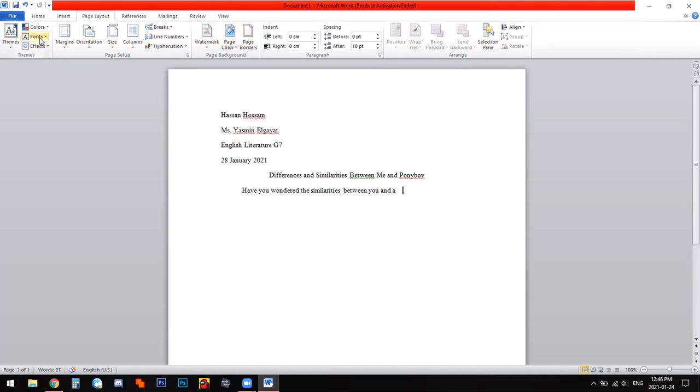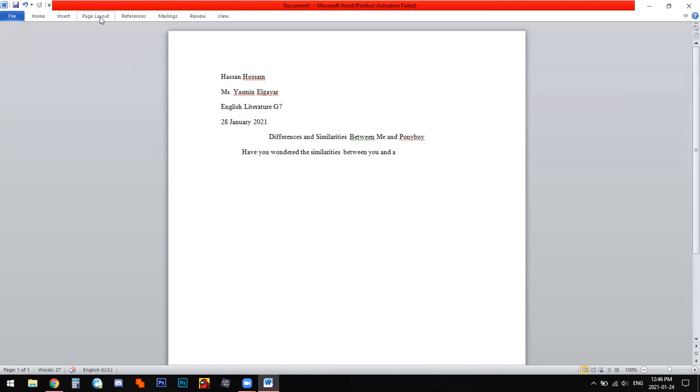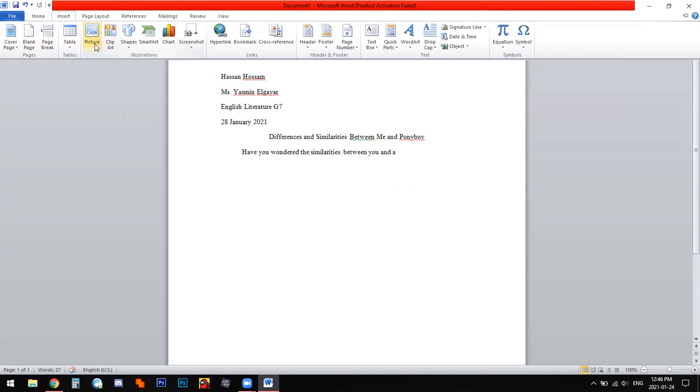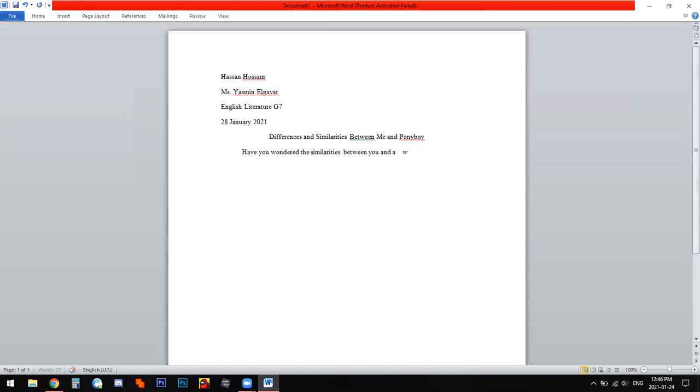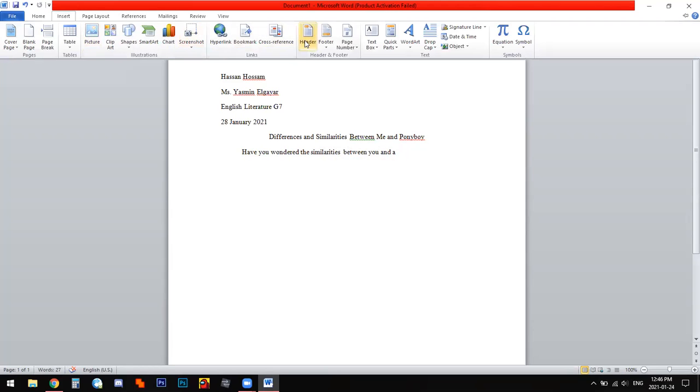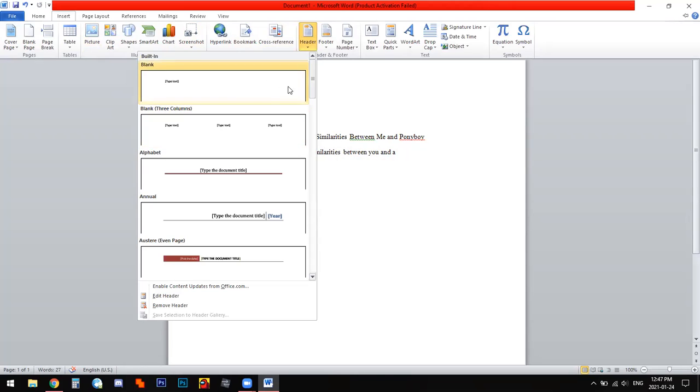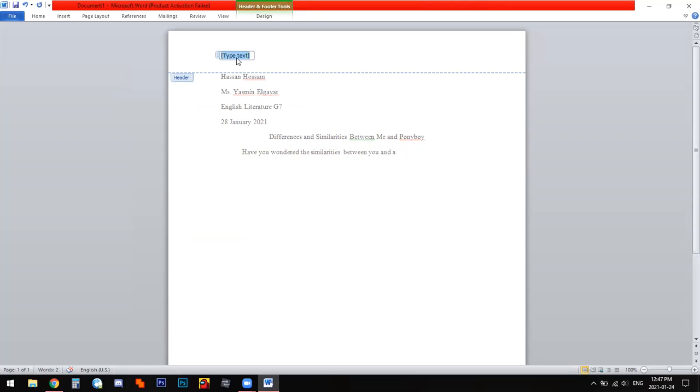Make sure you double click at the header. Go to insert and then header. There you go. Insert header. Try to pick one that has the page number to the left, I mean to the right. To the right. Okay,